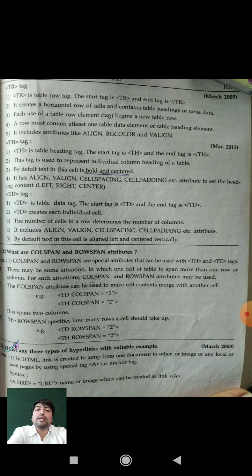Confirm it in your mind. You can use it inside the row, on TH or TD.